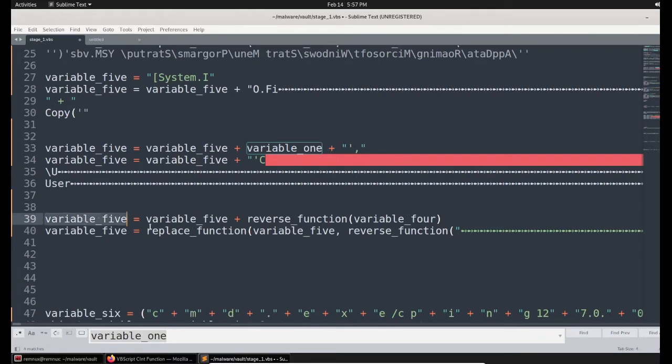If you move to the next one, again they are defining variable 5 and adding the reverse function. They are concatenating it with the reverse function of variable 4. Now let's do this one.